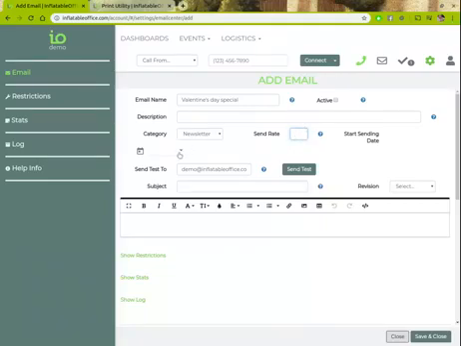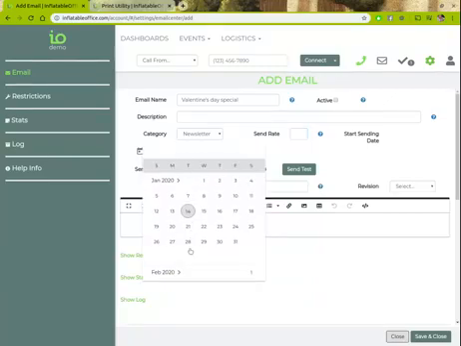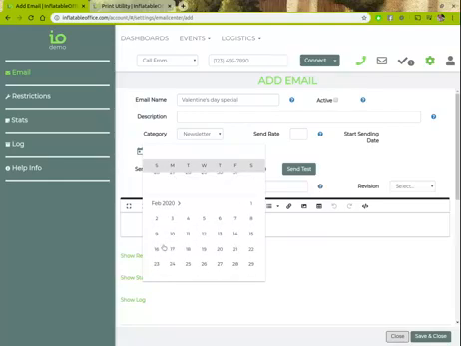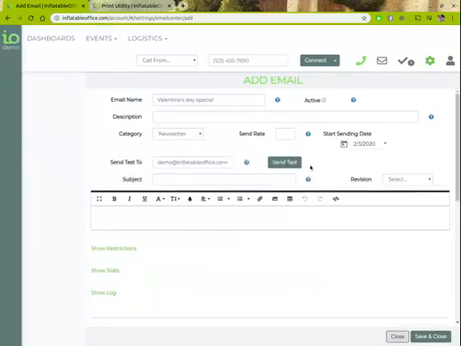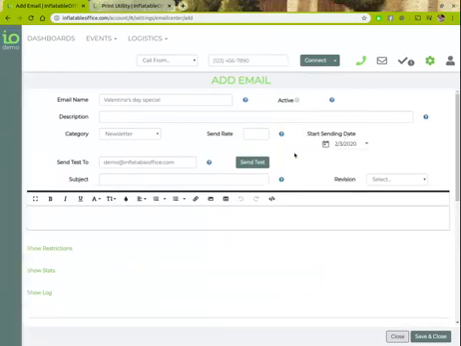If you want to schedule them in advance, right? We don't want to send the Valentine's Day special now. Let's say we want to actually send it out a little closer. We'll do it on this day. That's what this field is for. It's actually supposed to be over here, start sending date. So anyway, you'll want to set up your subject, say,